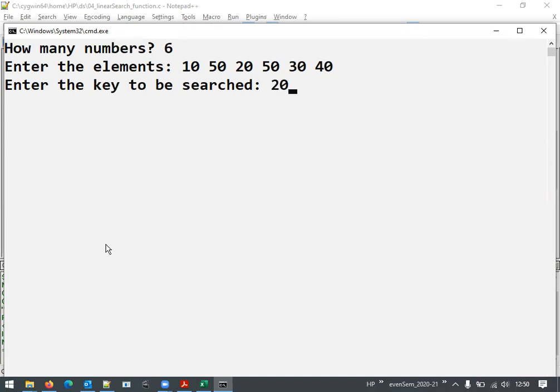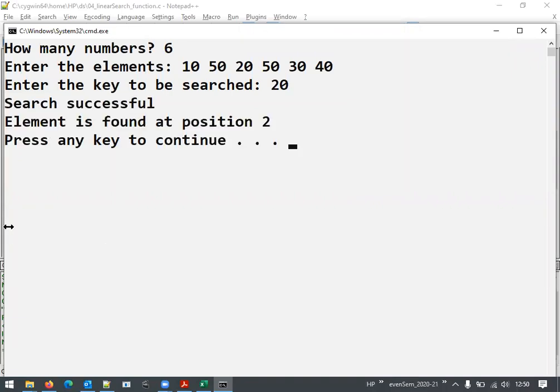I enter 20 and press enter. The message is 'search successful and element found at position 2'. Is that true? This is the 0th index, first index, and that is the second index. That means the key element is present at index 2. So the program behaves correctly when the element we are searching is present.